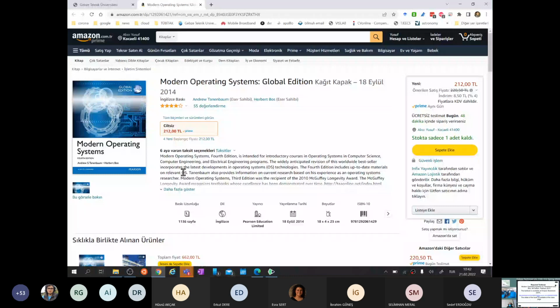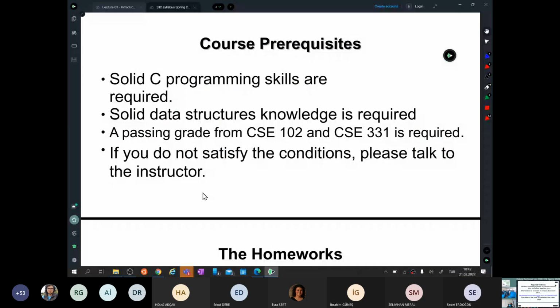Okay, so these are the prerequisites for the course. You need to know C because our programming assignments, homeworks will be in C and some assembly. For the assembly part, I think our plan for this semester